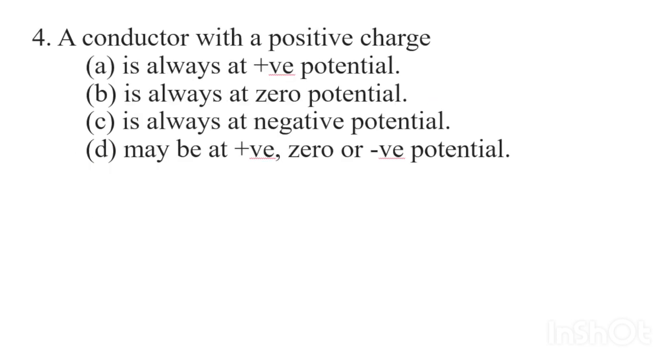Question number 4. A conductor with positive charge is always at positive potential, is always at zero potential, is always at negative potential, is maybe positive, zero or negative. So the correct option is D, because potential depends on reference point. If the potential of any other point is more than the positive potential of one point, then this point will